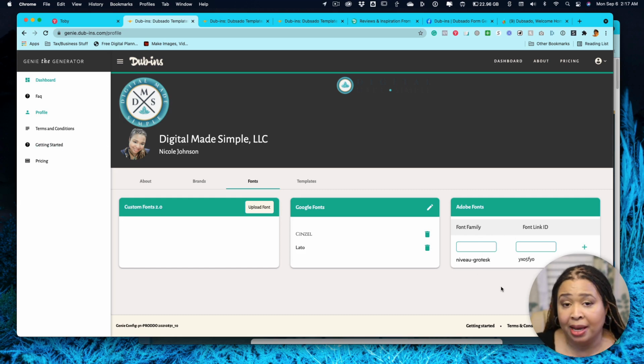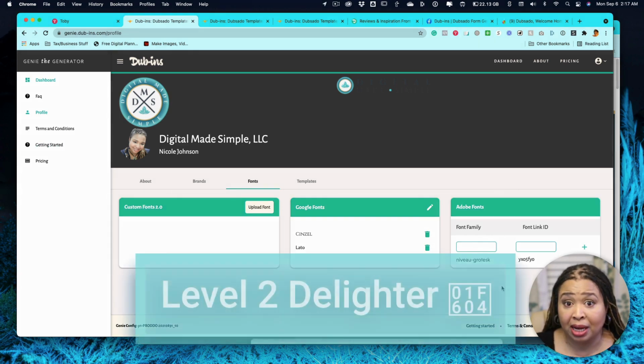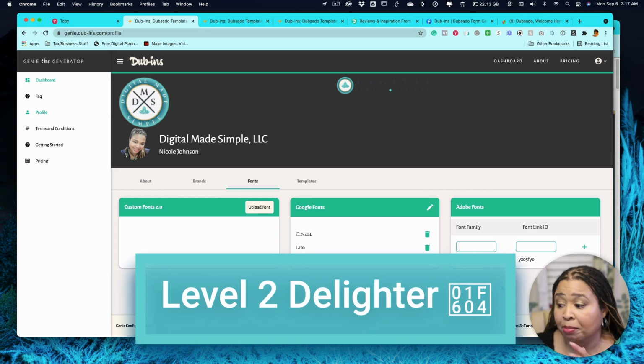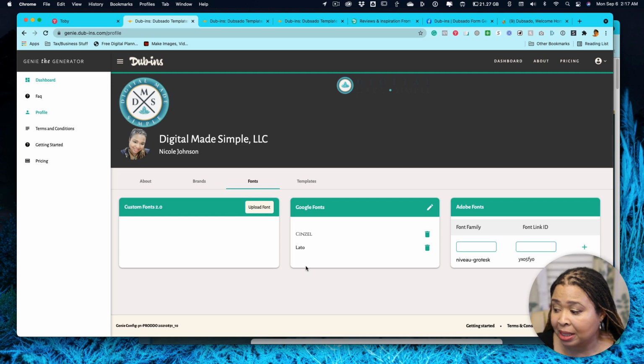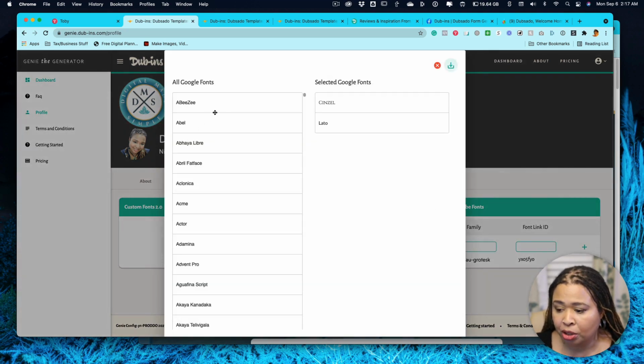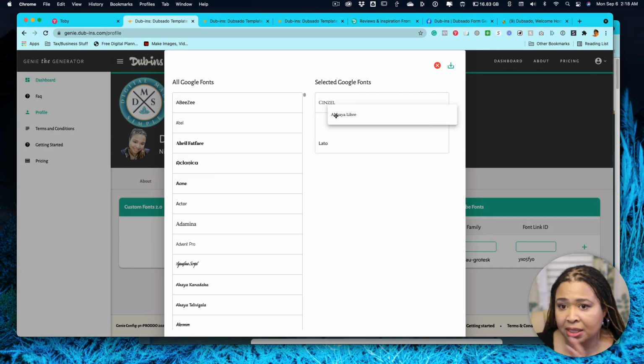Just look at the video, and I would call this a level 2 to lighter because I think it's really great. But you can also set up your Google fonts as well. Now, the one thing about the fonts is at one point when I was setting up my Google fonts, you can click here and you don't necessarily know what to do here. You see all these fonts and you think you can click it and it doesn't select anything. What you have to do is actually drag and drop it over here and then click this save